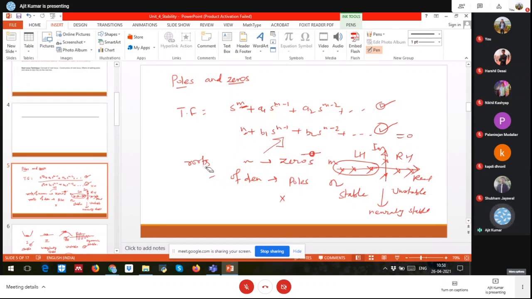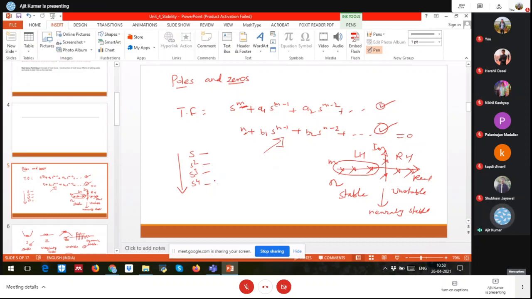But now the question comes: we can find roots of first order, second order, third order and fourth order at max. First order we found, second order also, third order also, fourth order somehow we are able to manage. But what about when the orders are increasing? Is it possible for us to find roots manually for higher orders? The answer is that it is difficult, because when the order increases, finding roots becomes cumbersome.